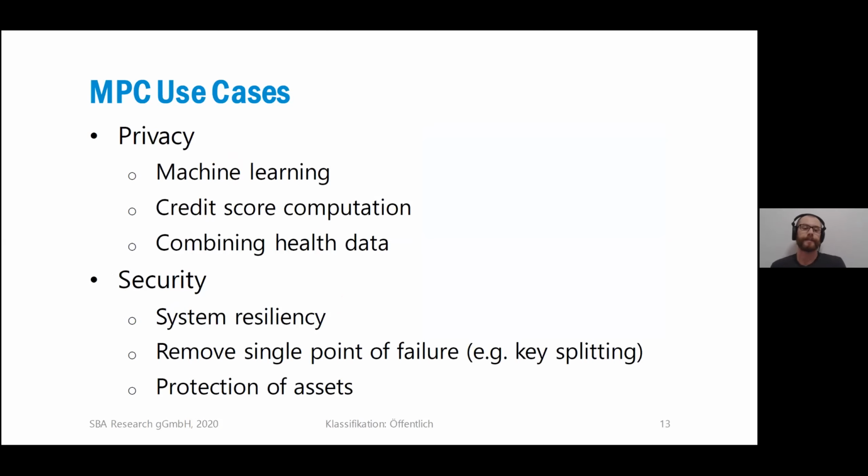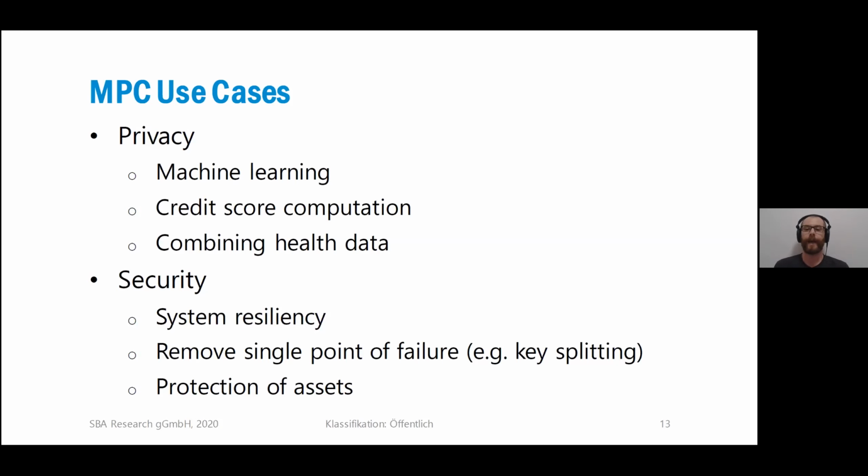So what are concrete use cases? For privacy, you could imagine training machine learning models on data that you never have access to. Let's say you are a company having a health application, and you need people's fitness data, but people don't really want to share the fitness data. You could still create a system where people can help you train a machine learning model, but they don't have to give you their data. Or financial companies doing credit score computation, and maybe they are not so happy with, or cannot legally, share data about their clients or financial data. But with MPC, they still can, for example, compute credit scores on all the participants' data